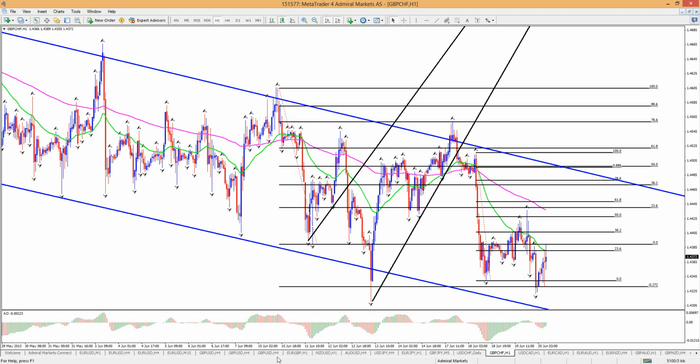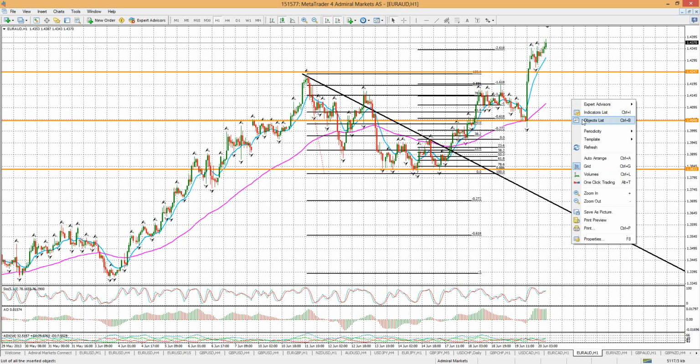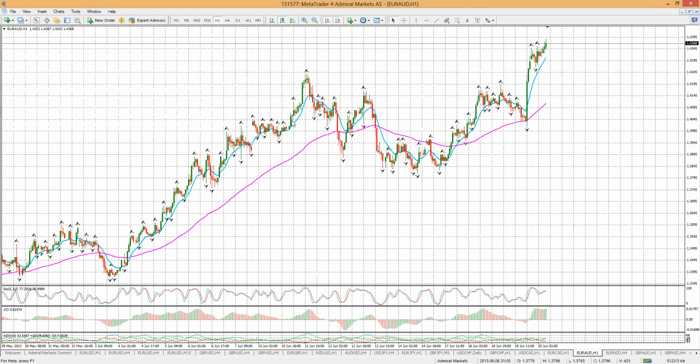All right. Euro dollar finally broke the top. Well, not finally, but it did break the top. Respect to those 786 and 886 fib. So it's always good to look at those fibs, right? But after some downside correction, nice break. So let me take off these objects quickly. So that's good. For those of you who expected a bigger correction,